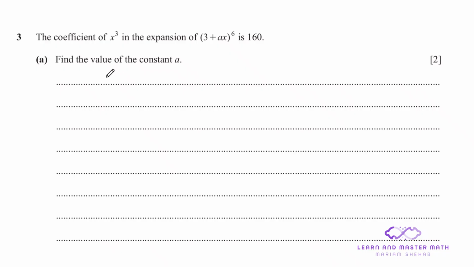Here we have to do a binomial expansion, which is 3^6 plus 6c1, 3 to the power of 5, ax to the power of 1, plus 6c2, 3^4, (ax) squared, plus 6c3, 3 to the power of 3,